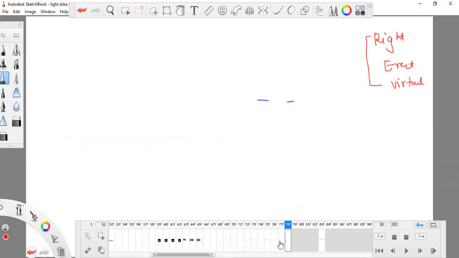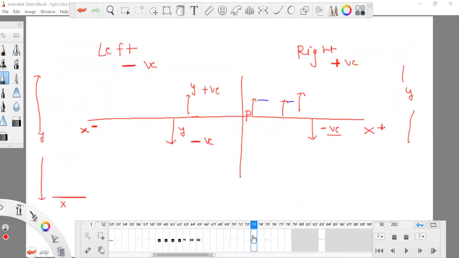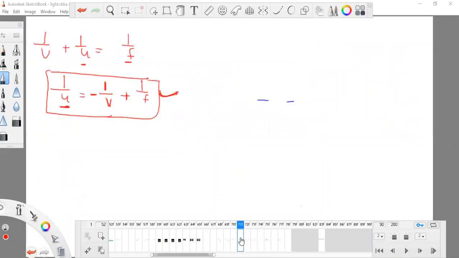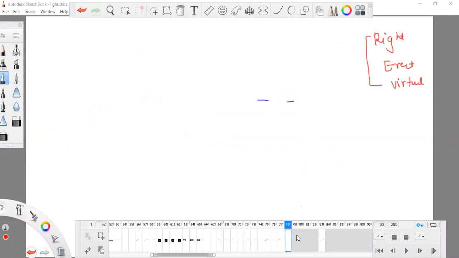But where is the image forming? It is definitely going to form here, because this is a convex mirror, and I know that a convex mirror forms images here. But I want to find out the exact location. For this I have to use the mirror formula, and I need to find out the V, where my image is forming exactly. So for V I will pick the formula. I will take the mirror formula and do my stuff.